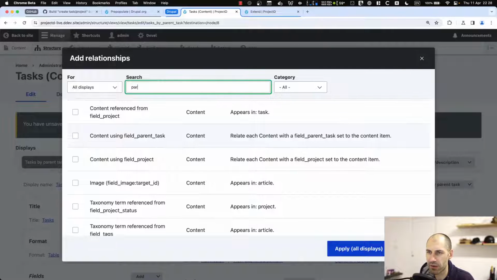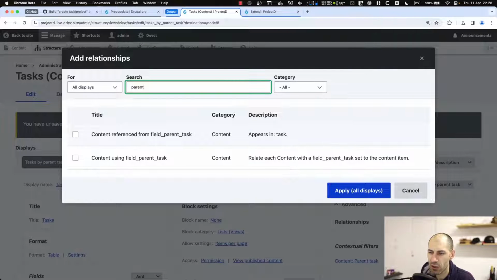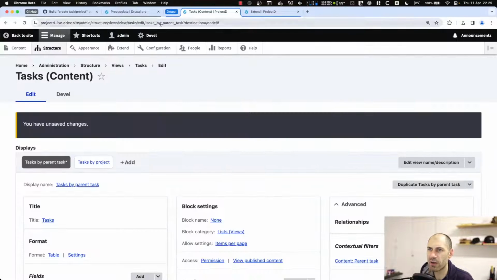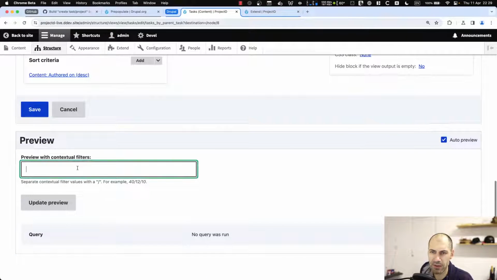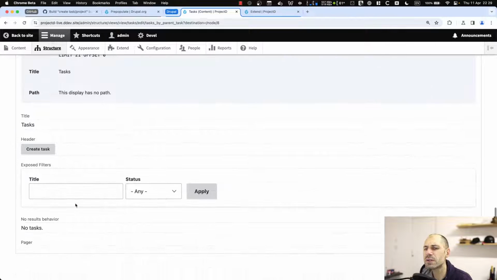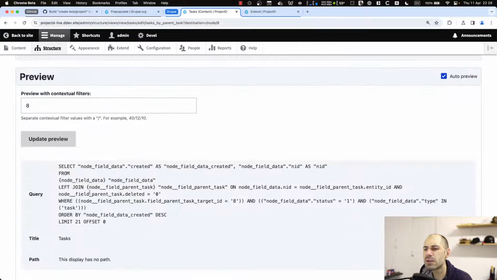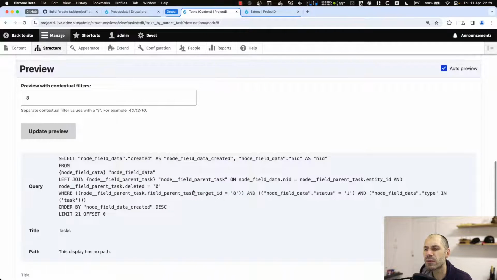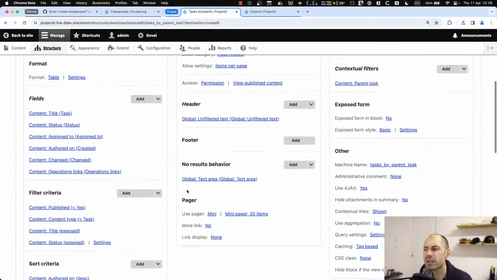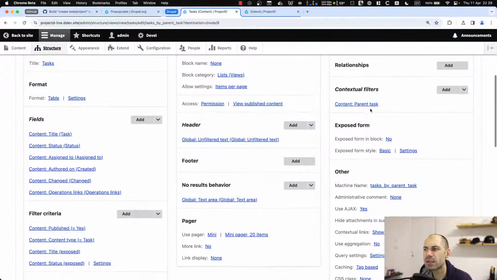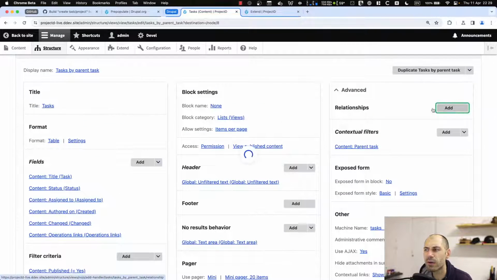All right, parent task. So we're loading up the parent task. We know we have content being referenced. All right, this is where I'm going to have to use node 8. So right now, hang on, nothing is being returned. Nothing is being returned, but if I, so node 8,